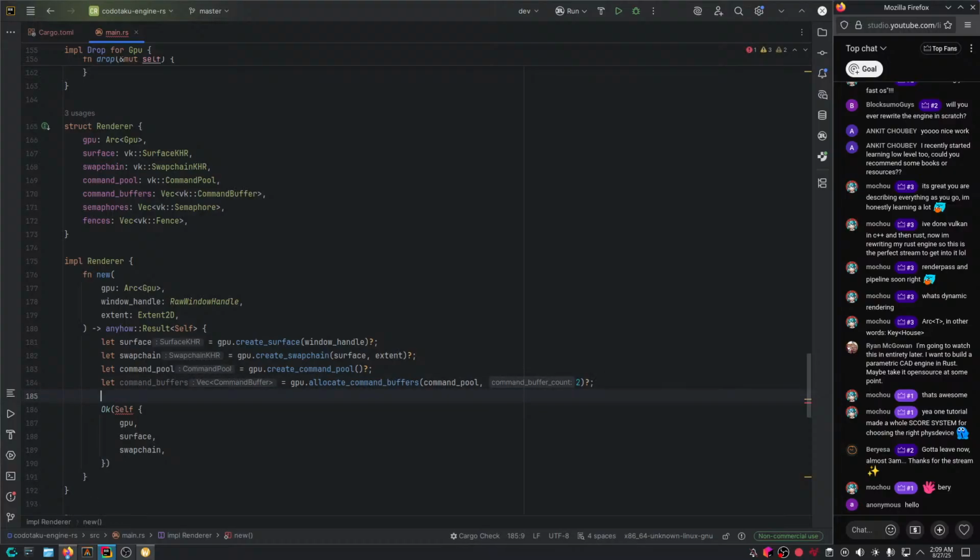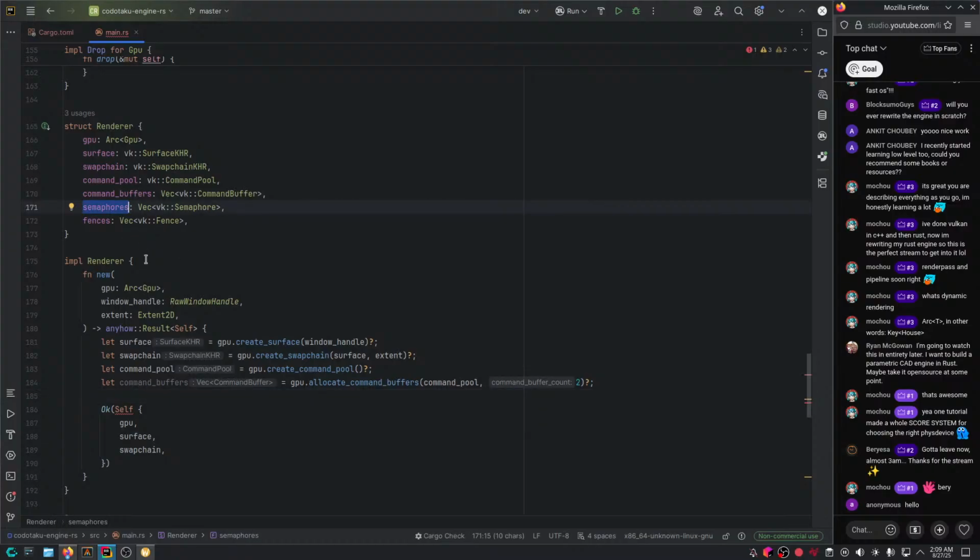Let's say you want the CPU to wait for the GPU to finish, then do something. What you use there is fences. Fences help you synchronize between the CPU and the GPU, for example to make the CPU wait for the GPU to finish rendering.